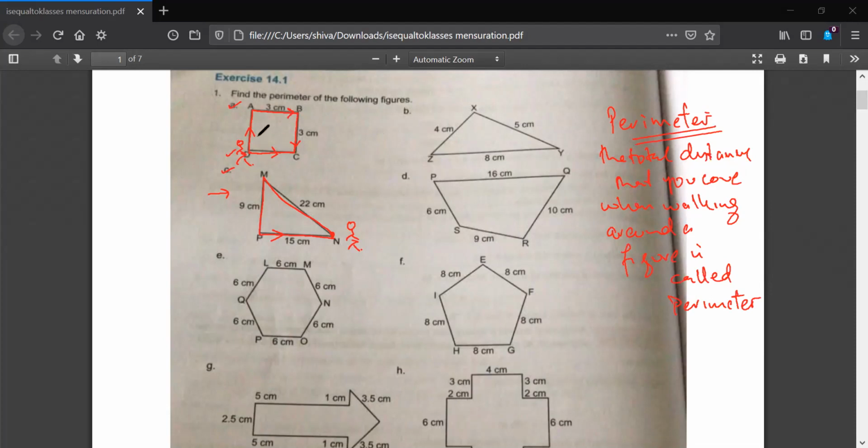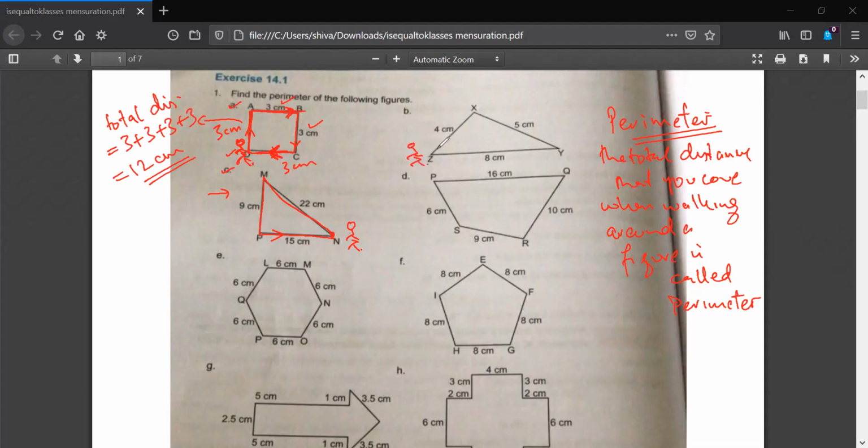Okay. So, for example, when I started from here, when I go from this point to this point, I cover 3 centimeter. Then from this point to this point, I cover 3 centimeter. This is 3 centimeter. Sorry, the arrow should be on this side. This again is 3 centimeter. So the total distance that I have covered is 3 plus 3 plus 3 plus 3 is equal to 12 centimeter. Any doubt, Mr. Sarthak? No, sir.